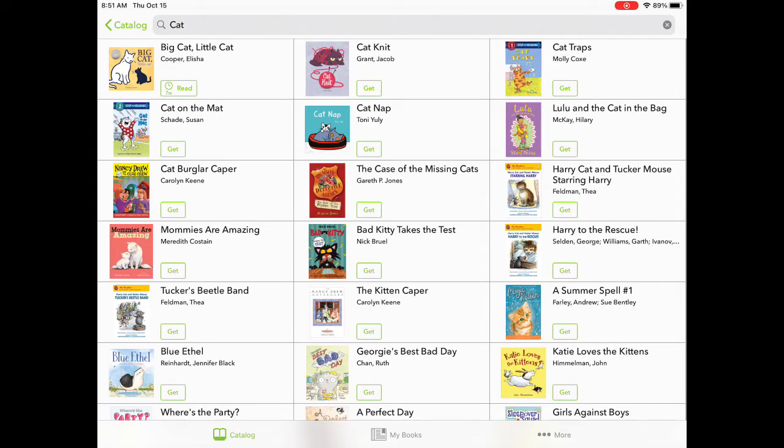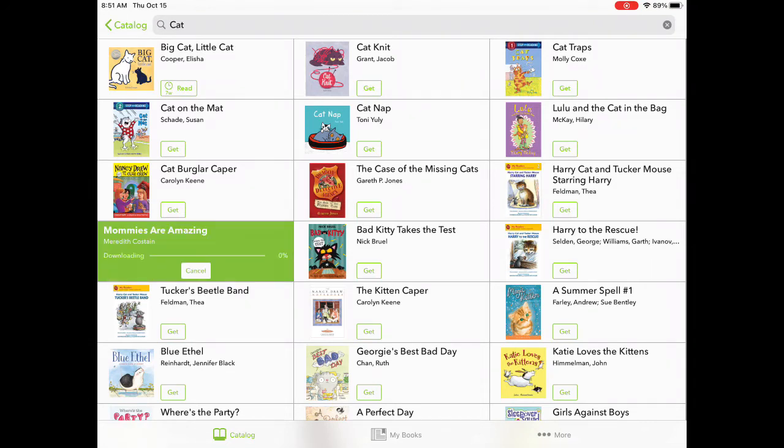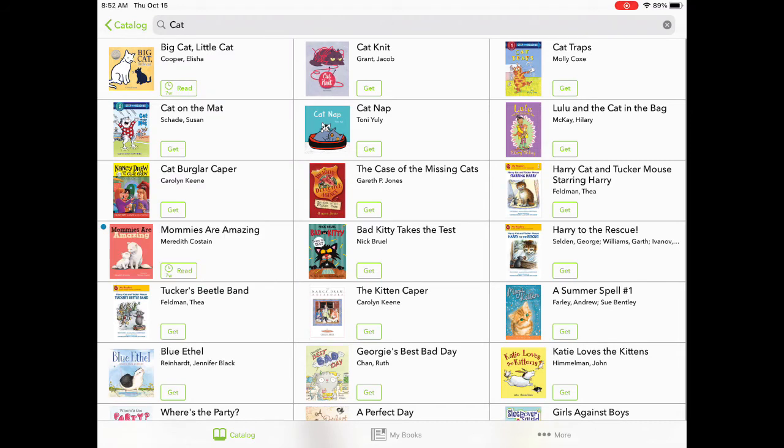And just like before, I see one that I like. Mommies Are Amazing on the left side. I'm going to click Get. It's going to start to download and it will be saved to my iPad in this app. And once it downloads, you can see it says read, just like before, and I'm going to go back to